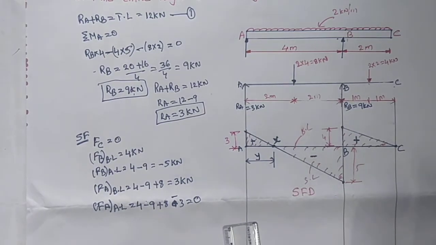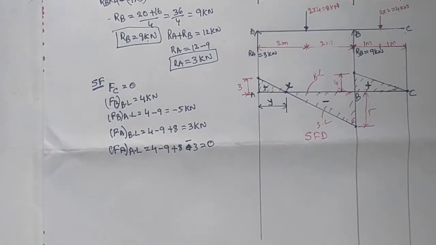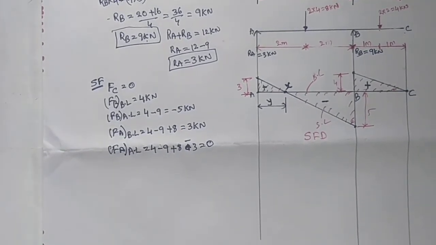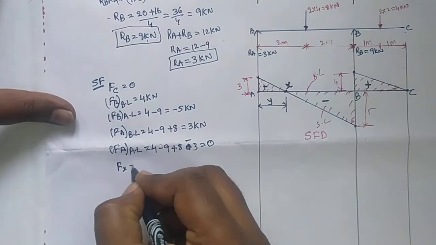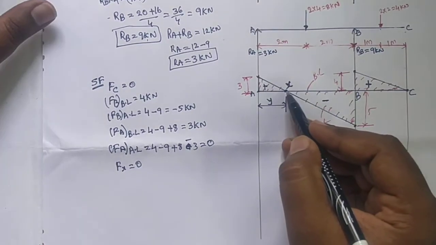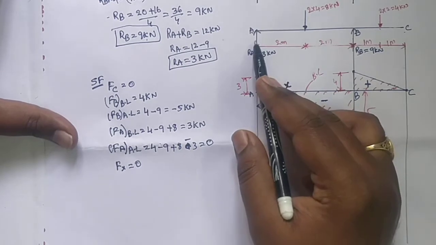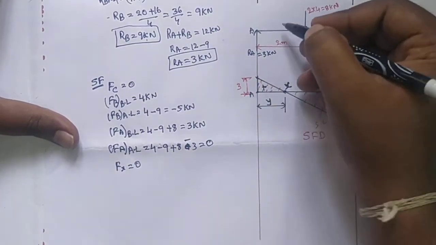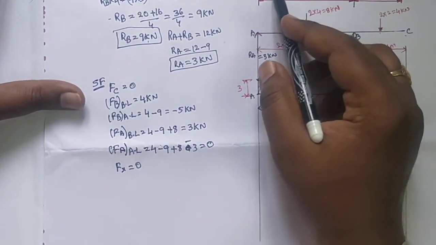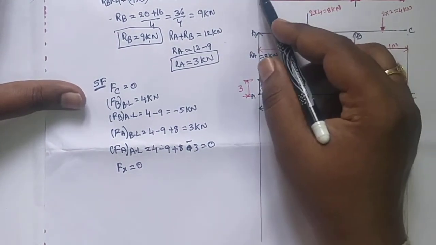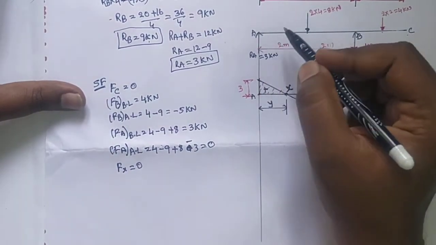Okay, now we need to calculate Y. It is where the shear force is 0. The shear force at point X is equal to 0. I am calculating this point from the left side. Approximately this point comes here. The left side of this point has 2 loads, one UDL and one reaction force, that is RA and the UDL.